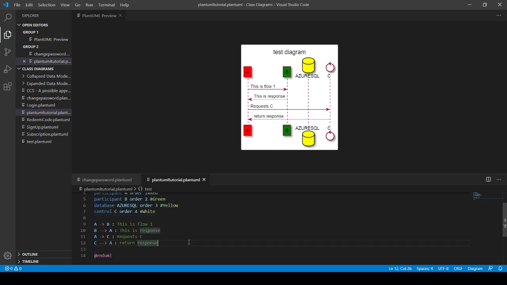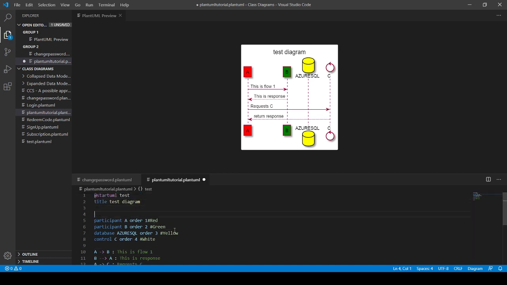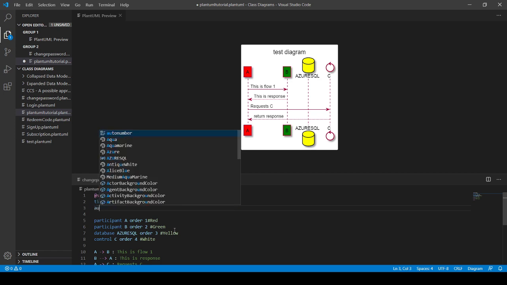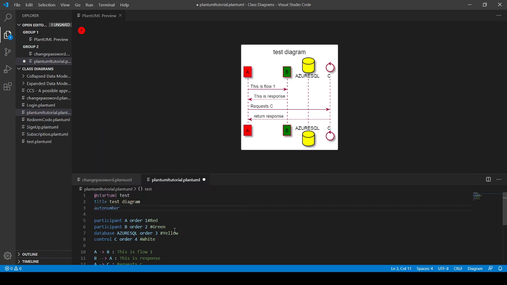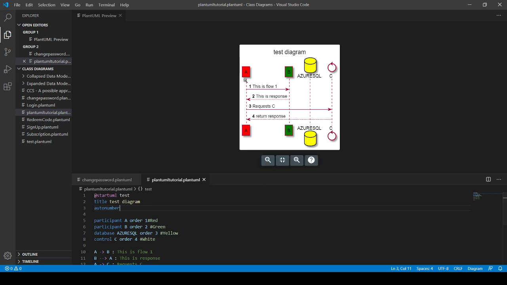You just need to press the keys Alt plus D, and it will show the refreshed diagram. So this is your basic sequence diagram. If I want to put numbers on the arrows, then I need to write autonumber over here. Now you can see first, second, third, fourth.